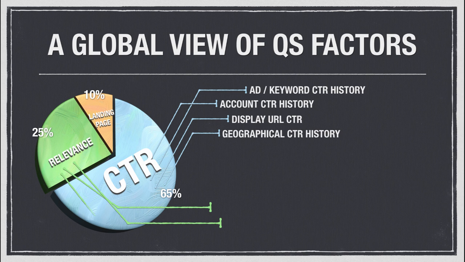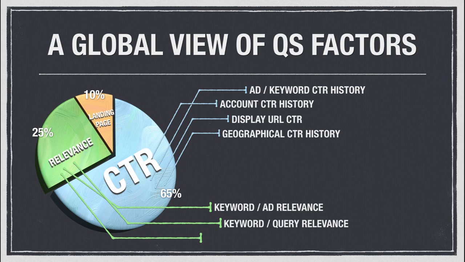Relevance factors include keyword to ad relevance, which again is how reflective your keywords are to the content of the ads in the ad group. Keyword to query relevance, which again is how related the keyword that triggered the ad impression is to the actual query the user typed in. Remember, using match types helps here. And keyword ad copy to landing page relevance, which once again is how relevant the keyword that triggered the ad and the text of the ad is to the topics discussed in the page users land on after clicking the